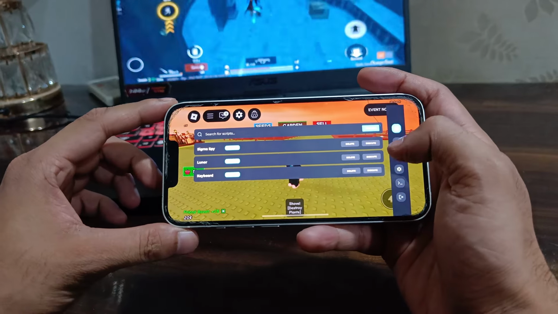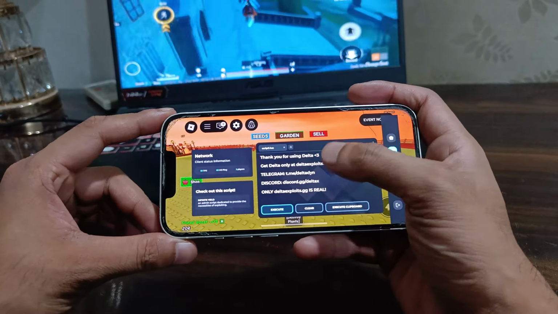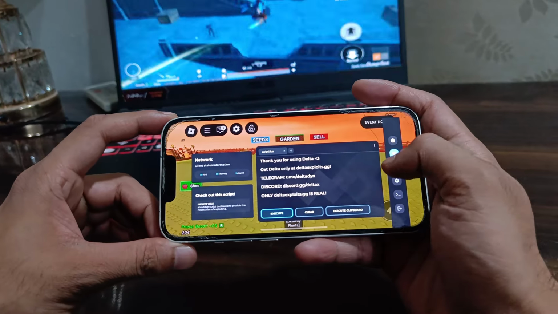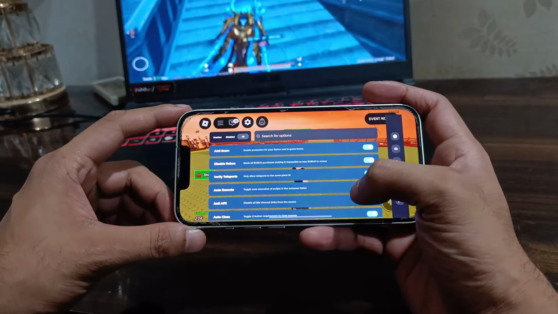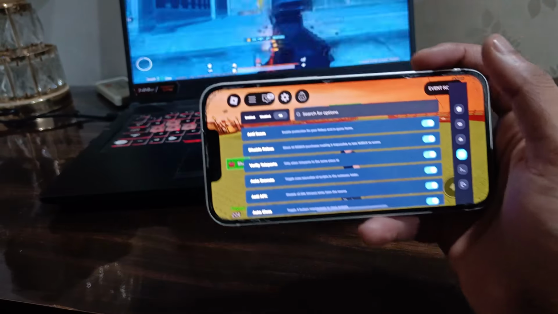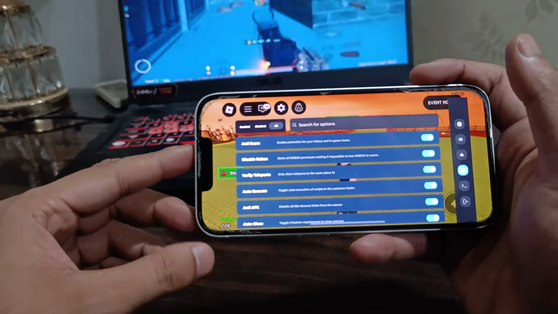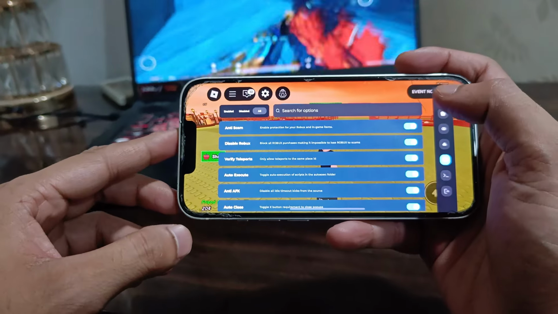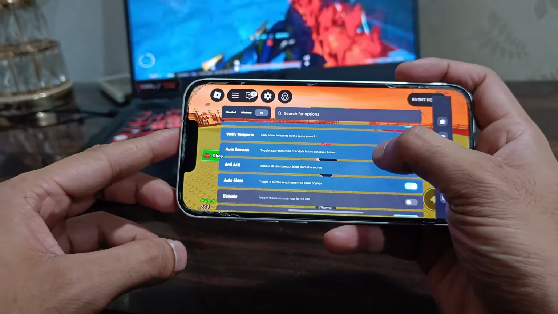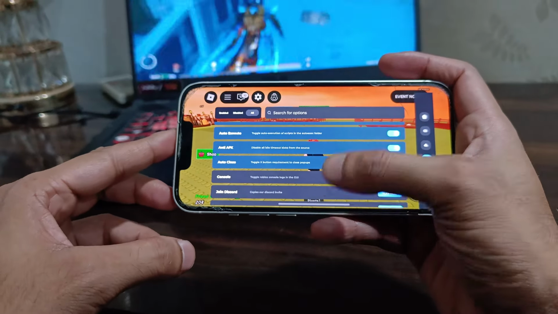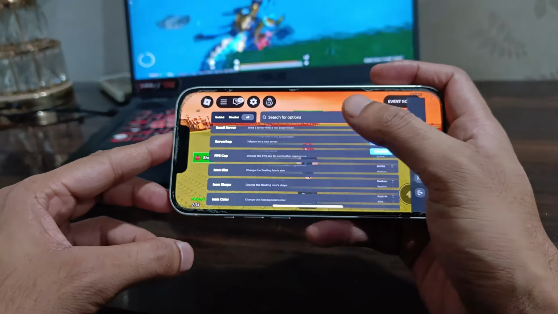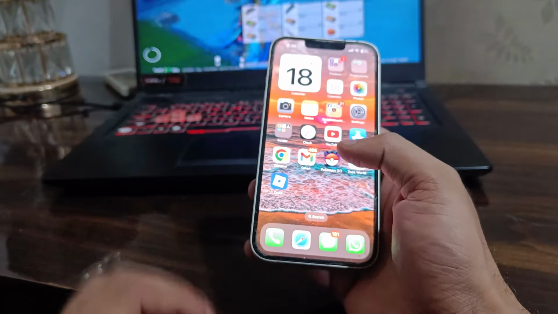Sigma Spy, Lunar keyboard, and that's the Delta Executor. Thanks for using Delta. And here you can search for the scripts and a lot of things, as you can see here. So let me show you. That's the menu feature of Delta Executor, like anti-scam, disable Roblox, verify teleports, auto execute. So let me get straight to the tutorial where you can download the Delta Executor easily on your